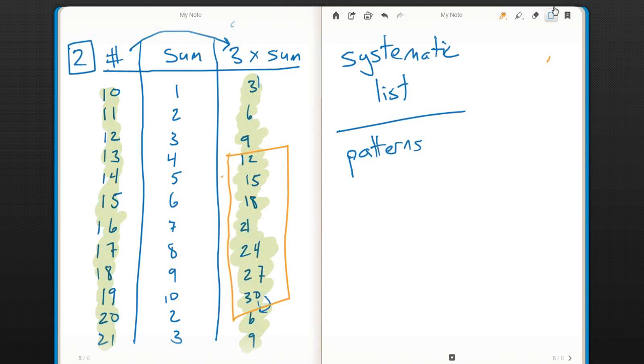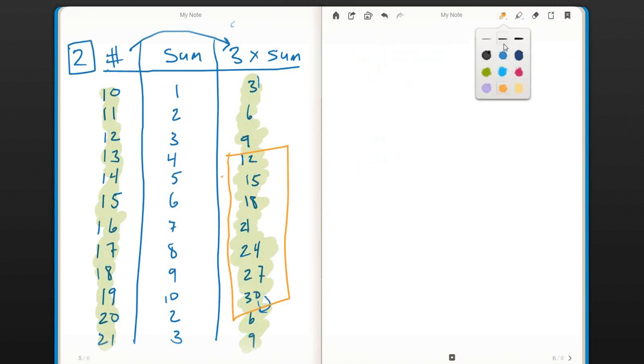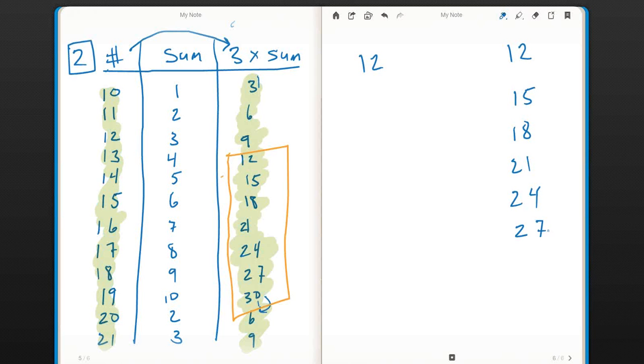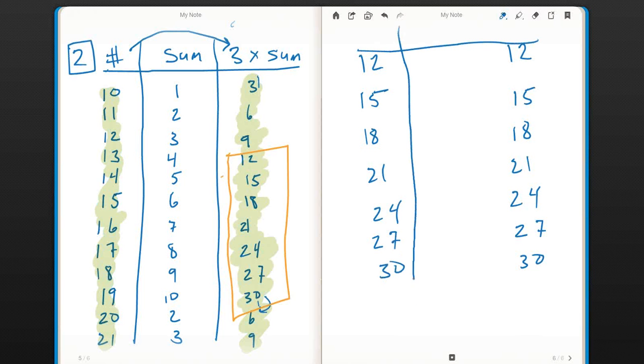I must have the numbers either could be 12, 15, 18, 21, 24, 27, or 30. And remember, I want my number and 3 times the sum of the number to be the same thing. So I'm going to make a new list with just these options. These are the only options I have, because 3 times the sum of a number is going to be limited